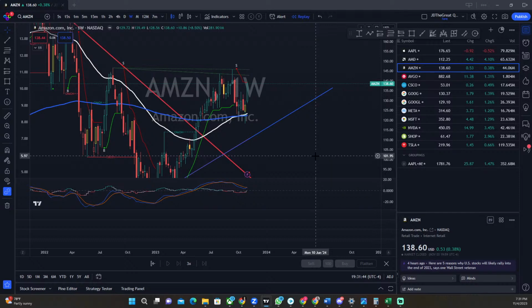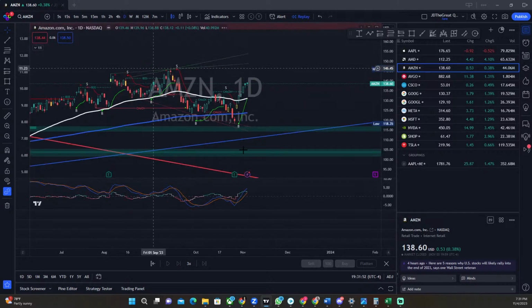This looks like can't stop, won't stop. Looks like this is the beginning of the party. Looks like we're going to be continuing in that direction. All right. So let's go and look at it on the daily again. Here we are. We got a nice megaphone type of pattern that's happening here.